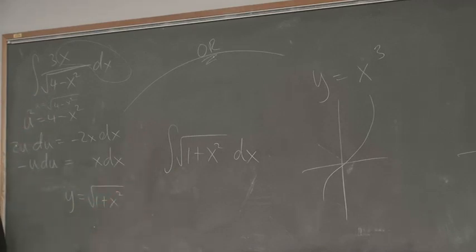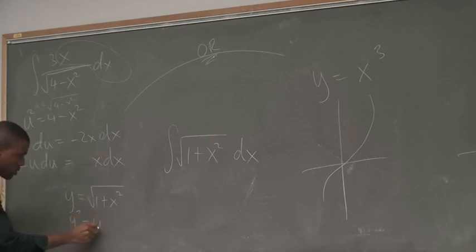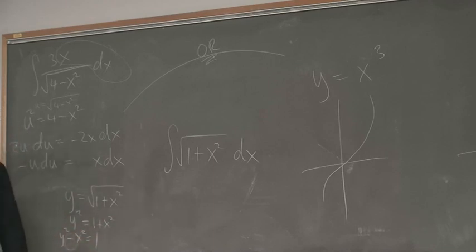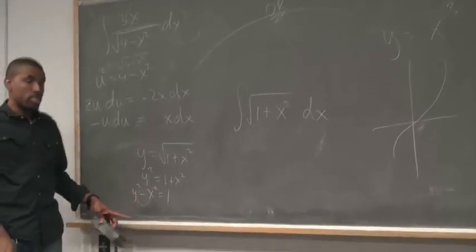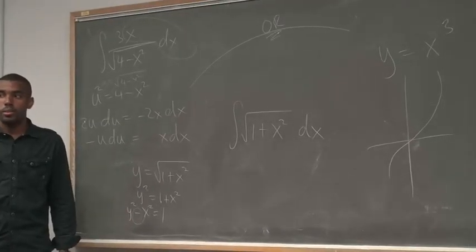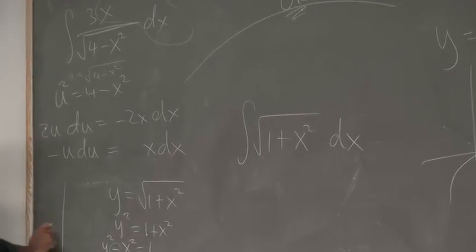No, it's a line that goes off to infinity. How do you know it's not a semicircle? Because of the square root. You can square both sides. y squared is equal to 1 plus x squared, which means you can bring the x squared over. You have y squared minus x squared equals 1. That minus messes it up. It's not a circle. What kind of curve is that? It's a hyperbola. How would you graph it?